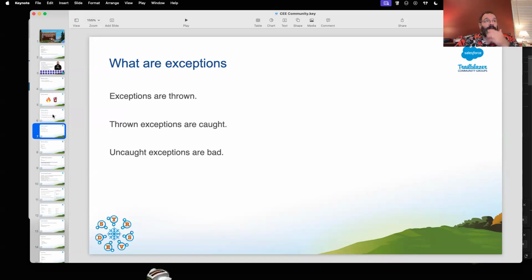So let's get into the nature of exceptions. Exceptions are said to be thrown. That's the terminology: you throw an exception. You have an exception here, and you're going to throw it across the room like that. And if an exception's thrown, we say that programs catch them. They catch the exception. If you catch the exception, that's good.